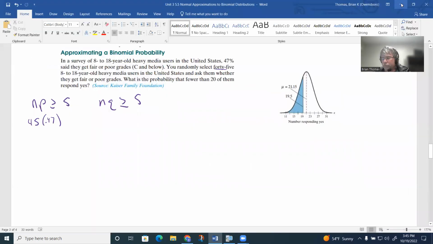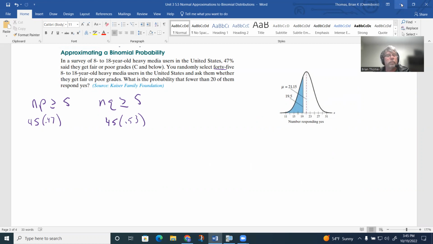So both of these we check. Like I said, this would be 45 times 0.53. Both of these were greater than or equal to 5. That means we are allowed to use a normal approximation. So as we move into the problem,